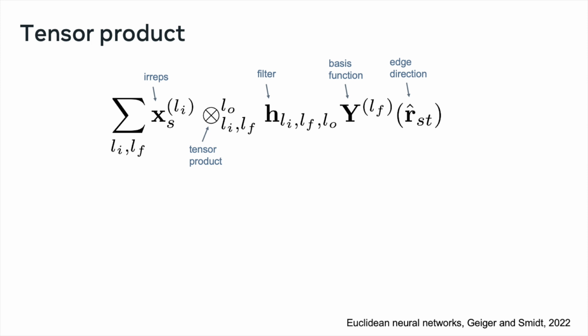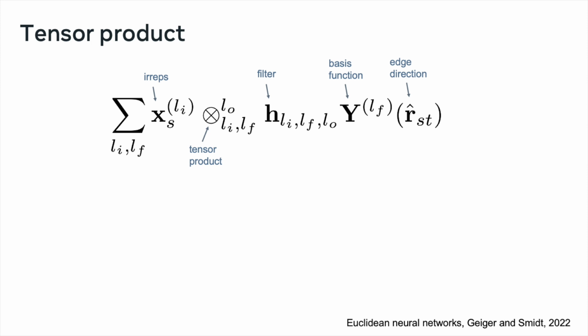And I'm not going to go into all the details behind the tensor product. It can be a little bit complex to understand, but it has the same underlying inputs as what we've already discussed, where you have the embeddings x, you have the filter here, which is shown as h, you have the basis functions y, etc. But what's interesting is actually that the tensor product does the exact same thing that we